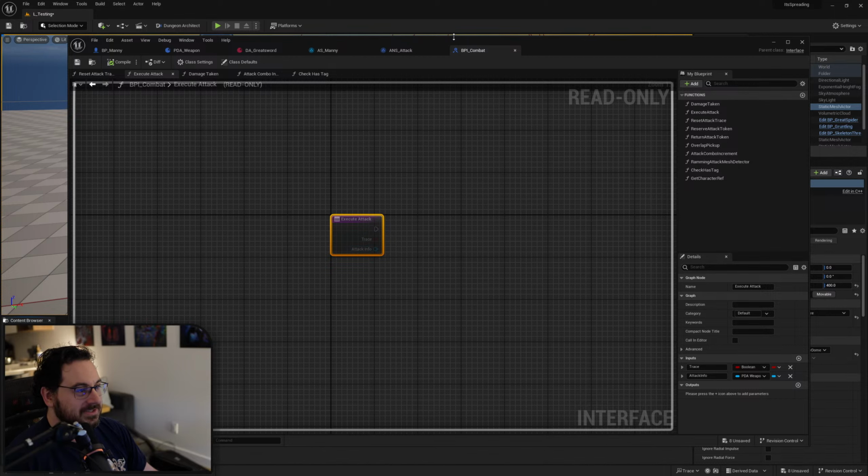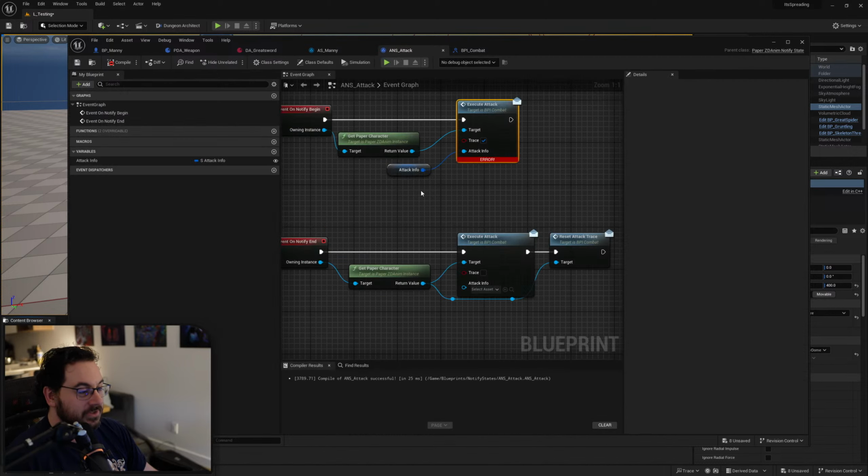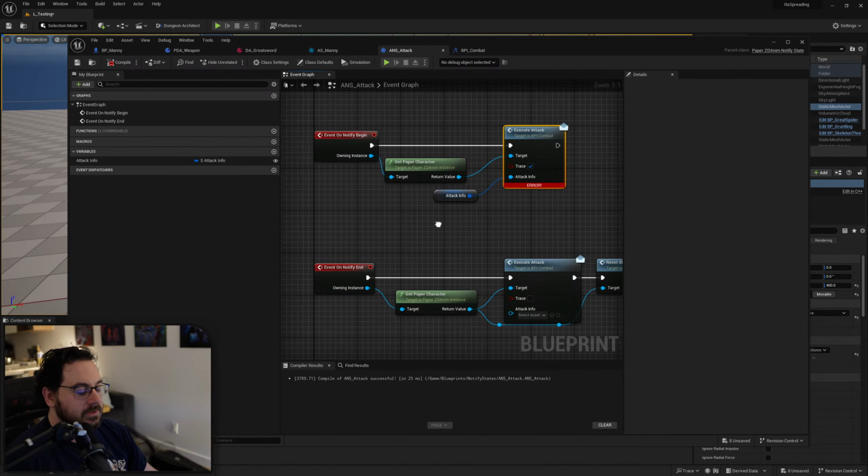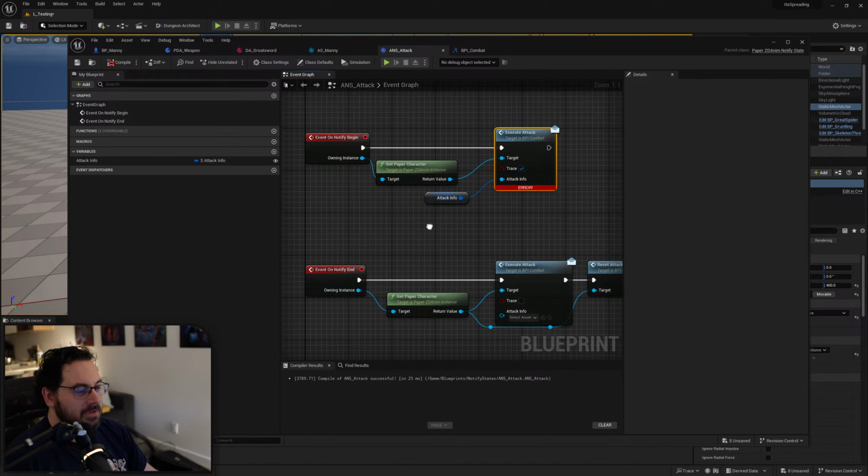Okay, so now this is using that, which means all of this is broken. I'm gonna need to get my information from my character. No, I don't need to get my information from my character. On the execute attack,